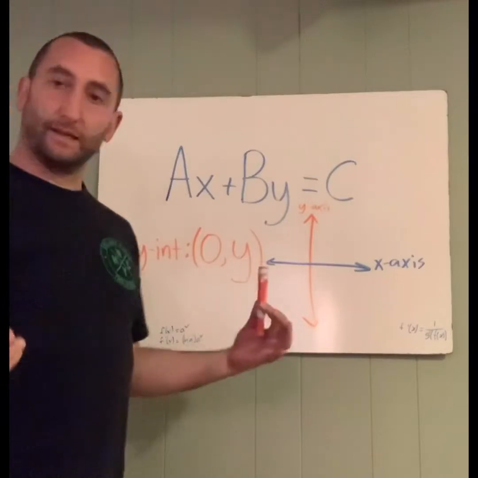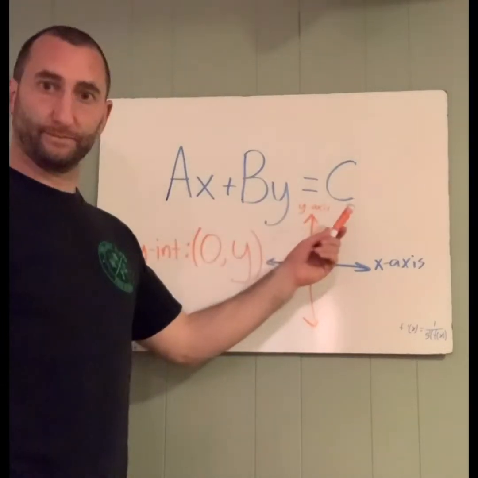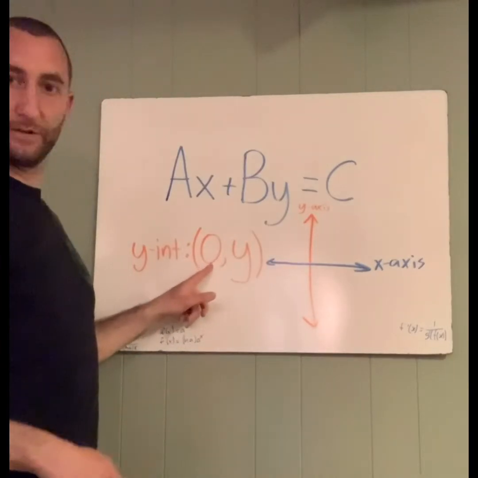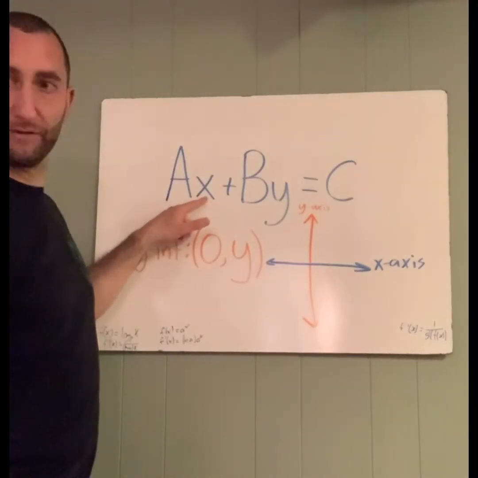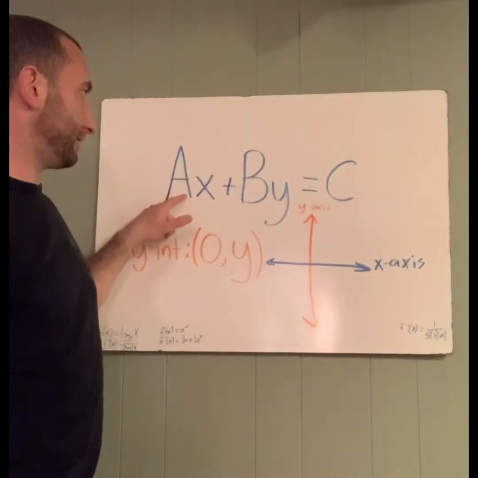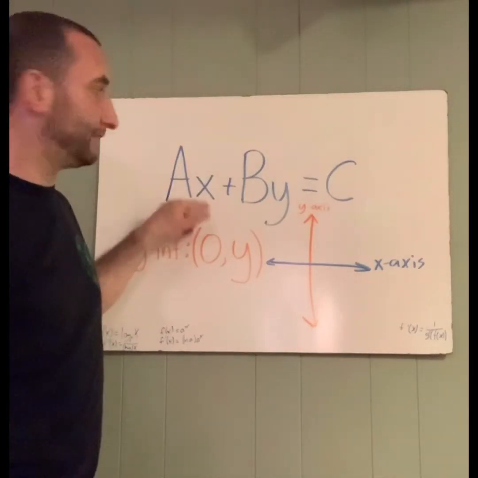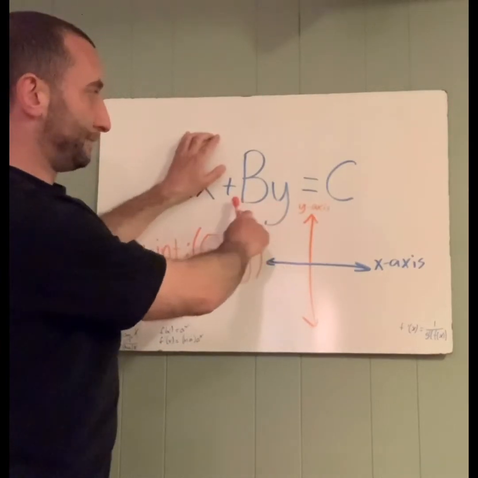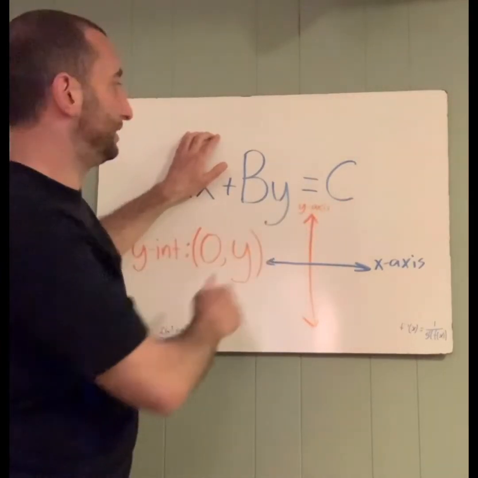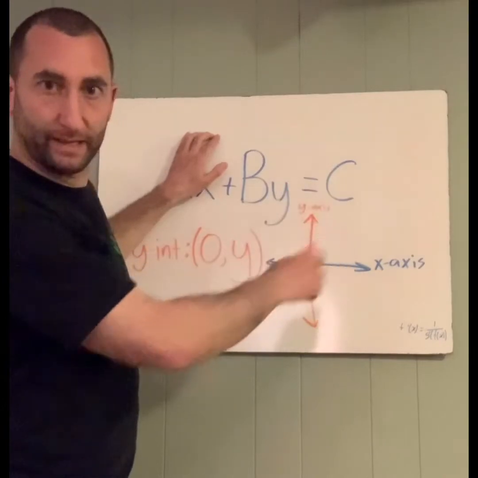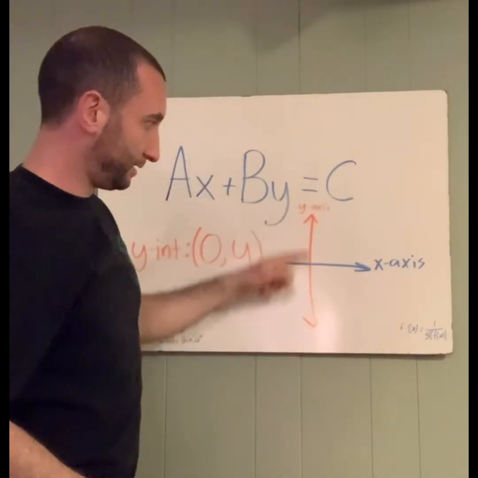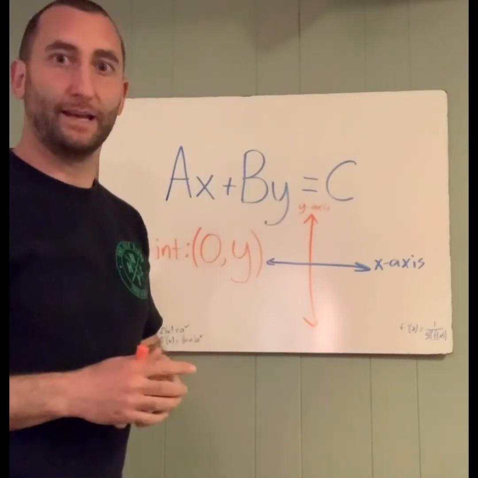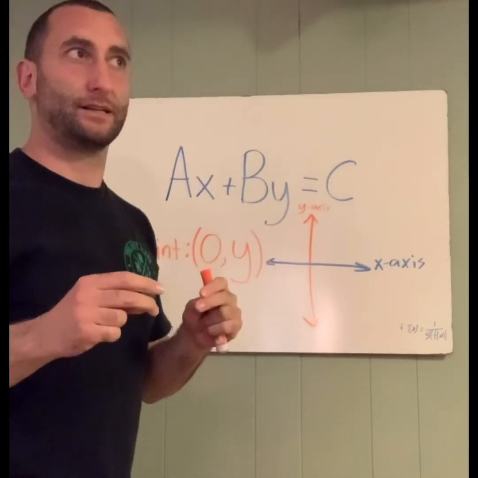So, if we have our standard form equation, and we want to figure out what the y-intercept is, and we know x is always 0, we can plug in 0 for x. And what's a number times 0? Any number times 0 is 0, same thing. So now we can solve for y by dividing both sides by b, and we'd have y equals c divided by b, and whatever that answer is would be where we'd end up on our y-intercept. Again, abstract, but don't worry, in about 2 seconds,